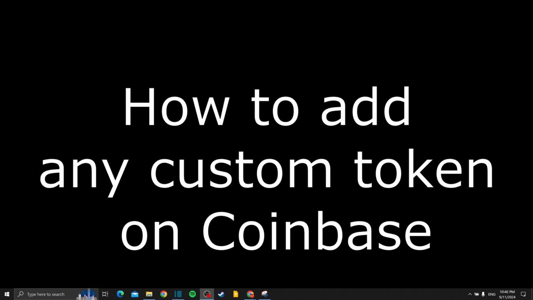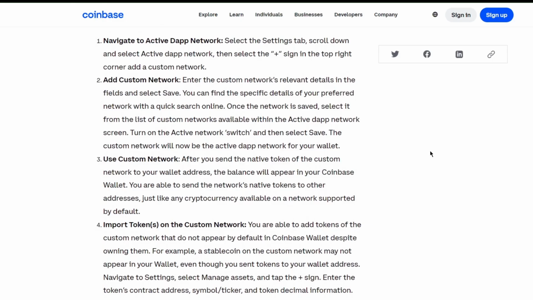Make sure to watch the video until the end, not to miss any important details. Right here, as you can see, we have all the main steps for adding a custom coin or custom token